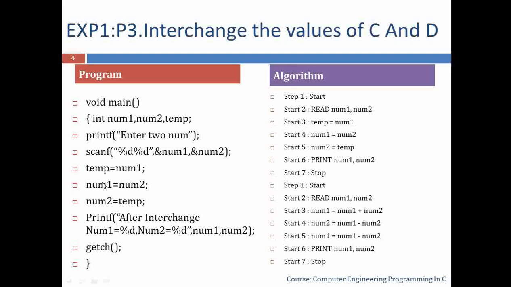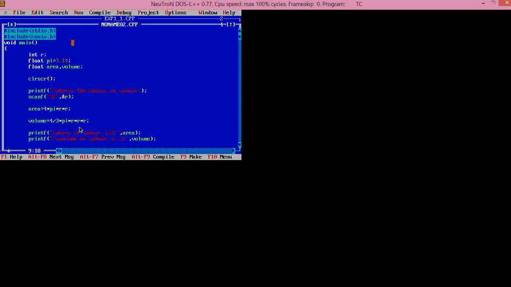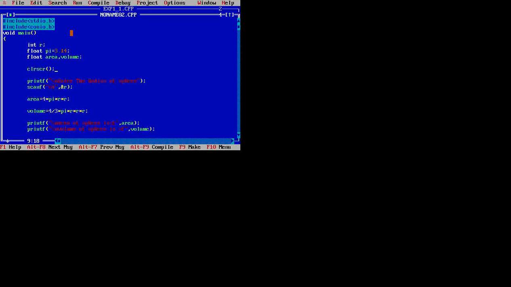In this way we exchange the two values, then print after interchanging number 1 and number 2. So we implement this program in our C editor.